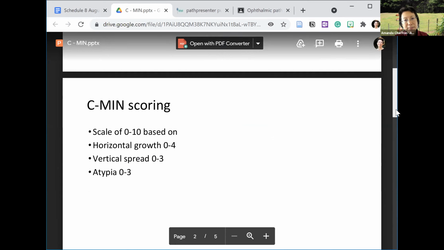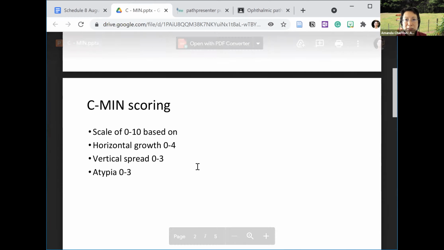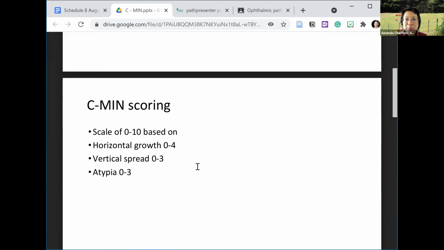One of the criticisms of PAM was that it was not particularly standardized between atypical and non-atypical, and is the atypia mild, moderate, and severe, which has brought in the new system, which is divided up how we describe intraepithelial